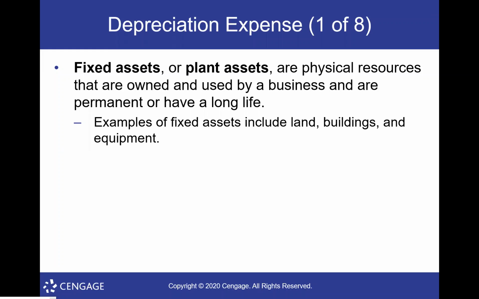It has nothing to do with an asset losing value, because sometimes an asset could be worth more, like a house. It could go up in value, okay? But it has everything to do with us allocating the cost of the asset over its useful life. So in other words, if I buy a computer and I think it can last 4 years before I have to replace it, and I pay $1,000 for it, do I want to just take a $1,000 expense this year? Or is it better to take a $250 expense for the next 4 years and recognize that the cost of that computer is spread out over its life?